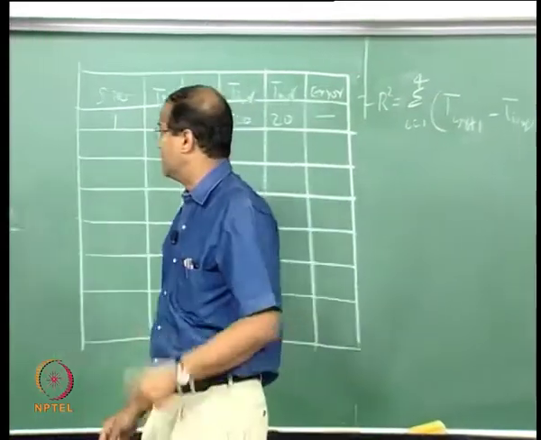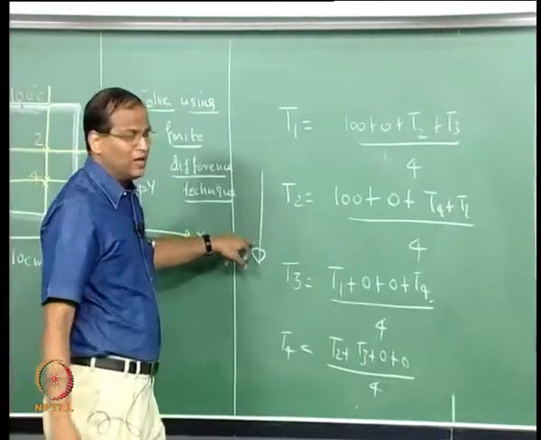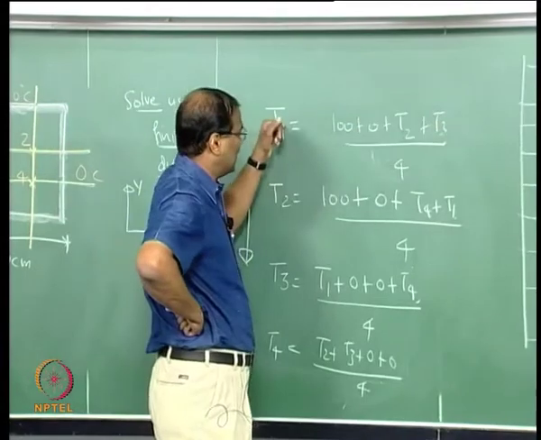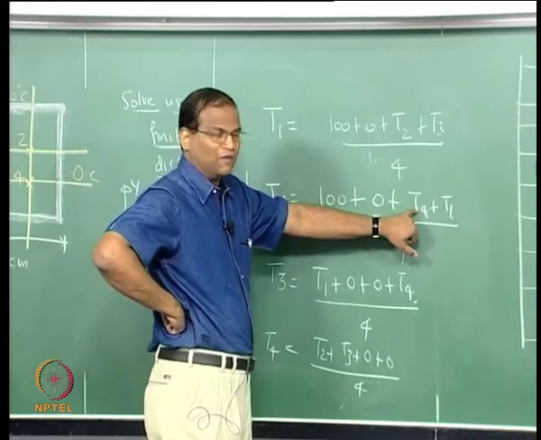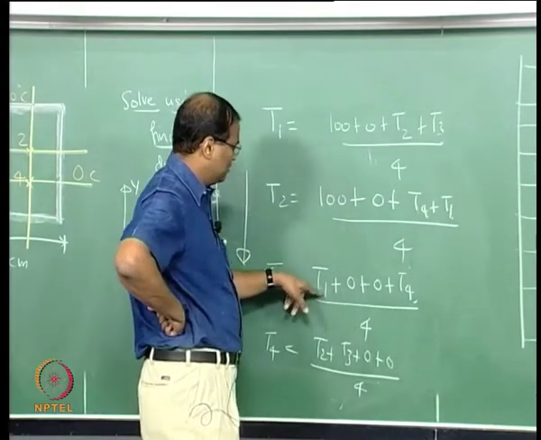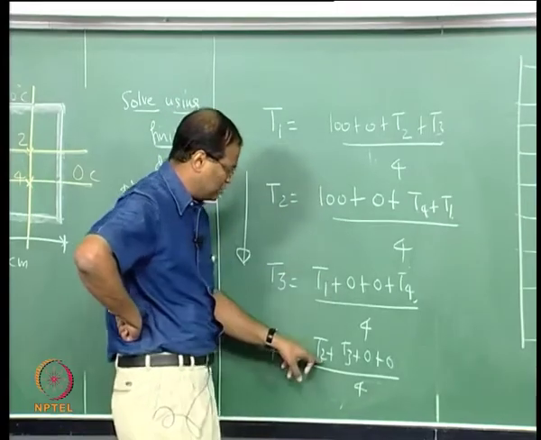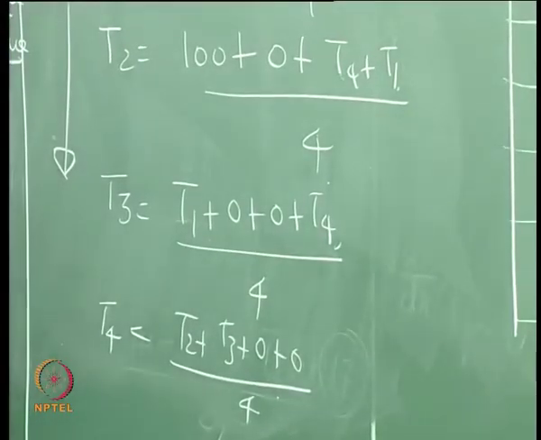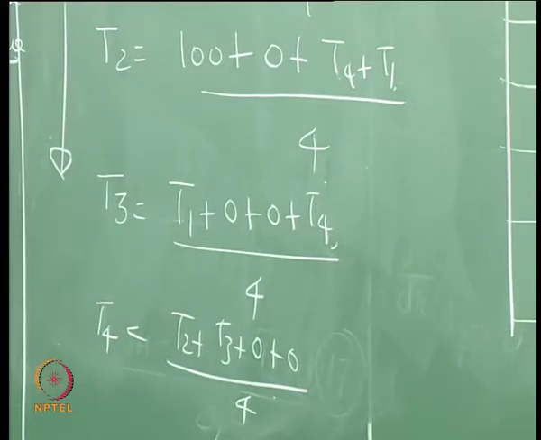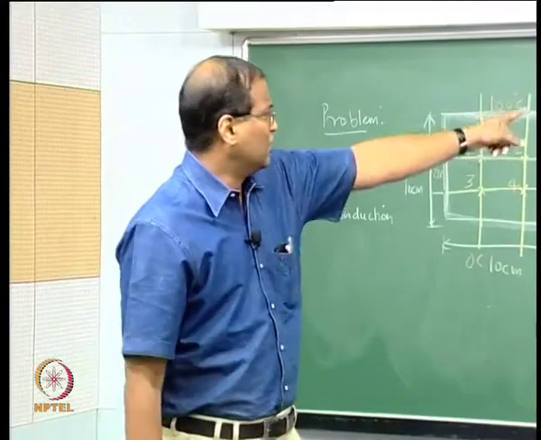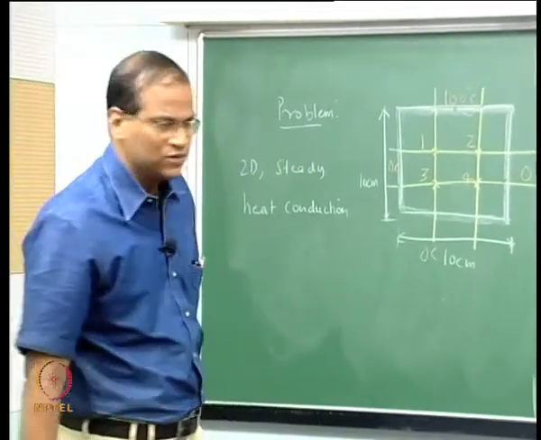Now I want to use the Gauss-Seidel method. What is the Gauss-Seidel method? It will go in this sequence. First I will use T2 and T3, and with that I will get T1; wherever T1 comes I will use the latest value of T1. T4 is not done yet, so I will use the old value of T4. After T2 is done, in this equation I can use only T1, but when I come to this equation I can use T2 and T3. I use the latest or updated values of the temperatures as the iterations proceed. I do not do all the things one at a time. For example, I do not take 20 for all of T1, T2, T4. Once I calculate T1, I will use the latest value of T1.